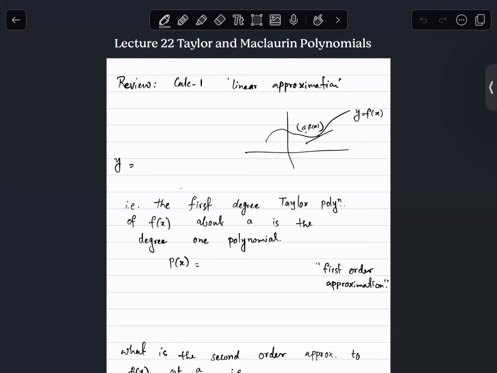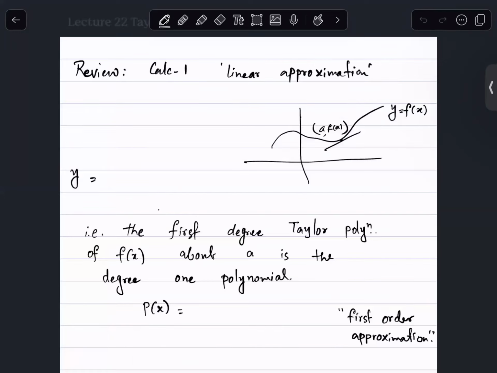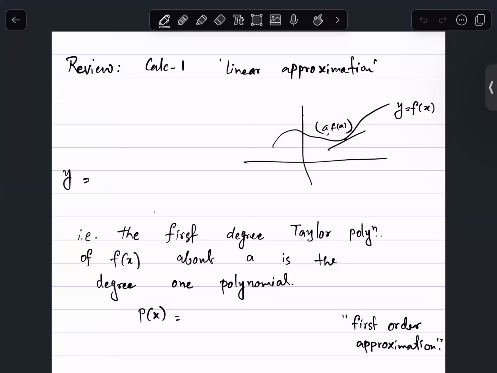Hi, so this is lecture 22 of MA 221, and today I'll be discussing Taylor and Maclaurin polynomials. You might remember in Calc 1, there was a term called linear approximation. So if you look closely, what is the derivative? The derivative at, say, this point, say this is the graph of a function,